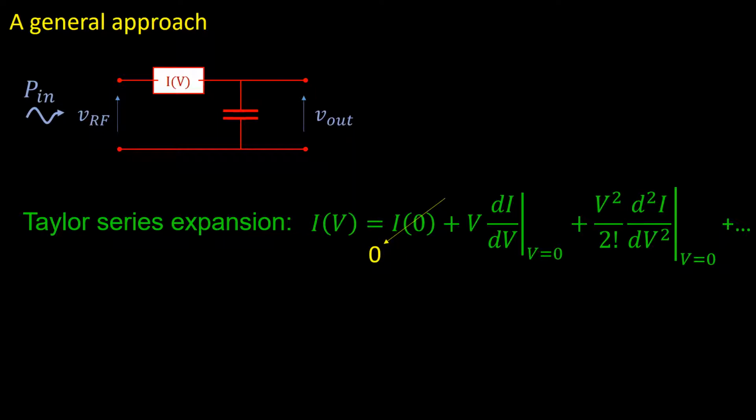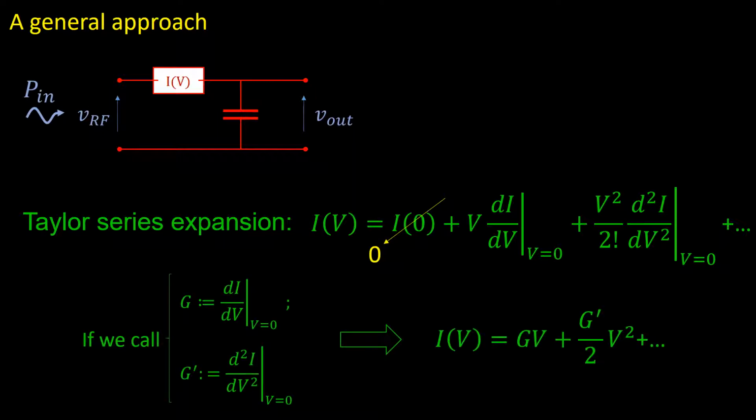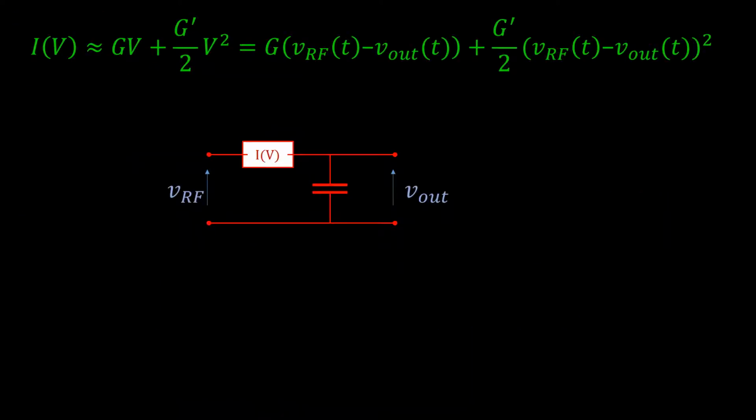The first term will always be 0, since we are doing a Taylor series expansion around 0. If the voltage at the device terminals is 0, the device is in equilibrium and no net carrier flow can exist. Furthermore, we can give labels to the derivatives in order to get compact equations. Here we identify the device conductance with the standard letter G, and its derivative will be G'. Let us take the first two terms of the Taylor series.